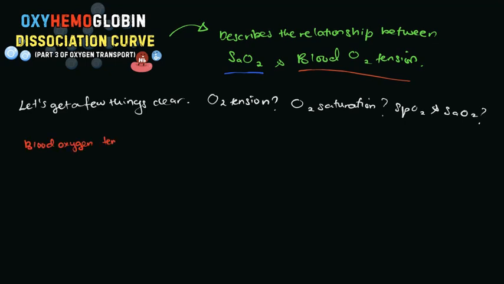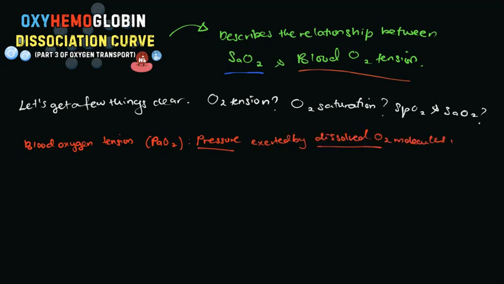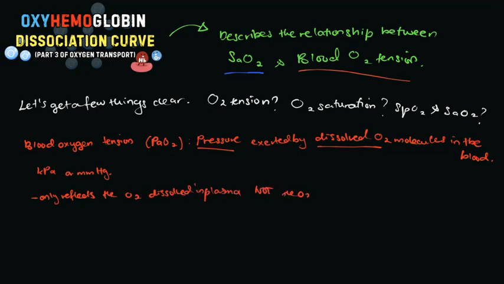So when we talk about blood oxygen tension, we are actually talking about the PaO₂. It is the pressure exerted by dissolved oxygen molecules in the blood. The unit that we use is kilopascal or millimeters of mercury. And when we're talking about blood oxygen tension, it only reflects the oxygen dissolved in plasma, not the oxygen bound